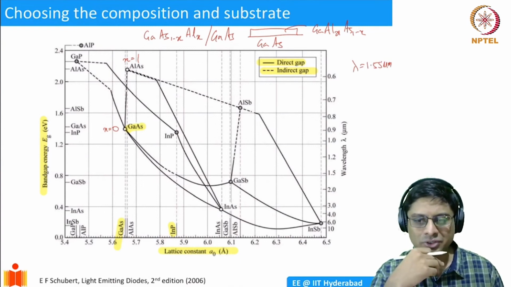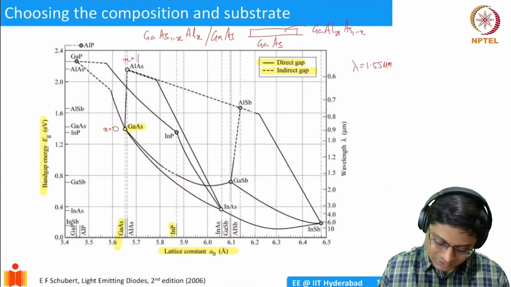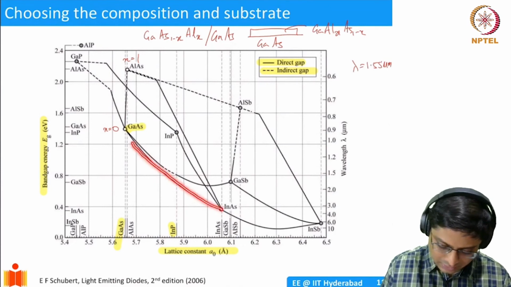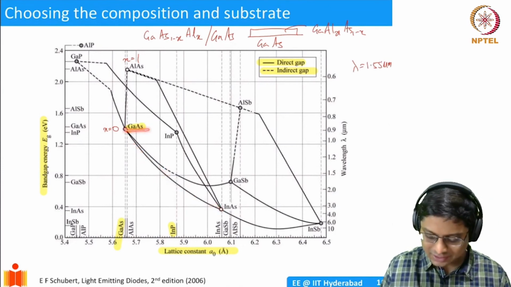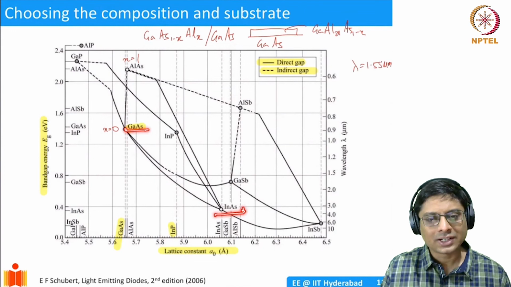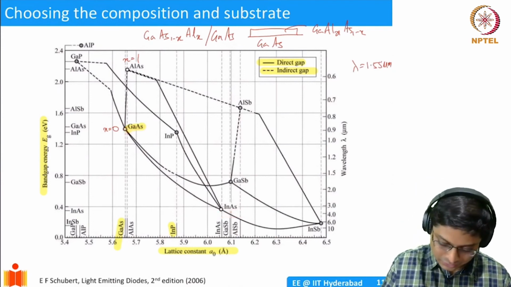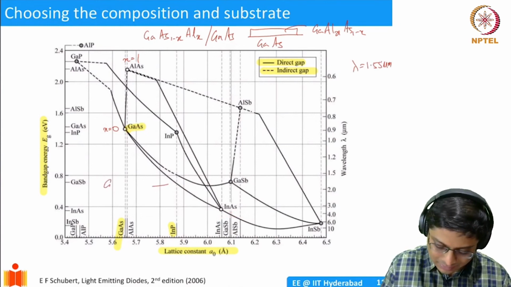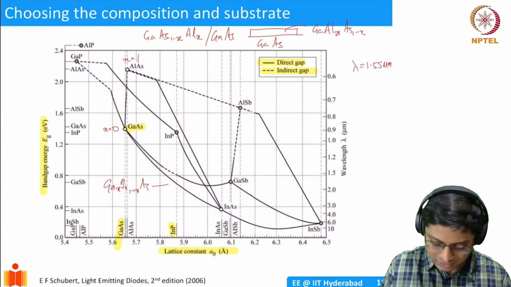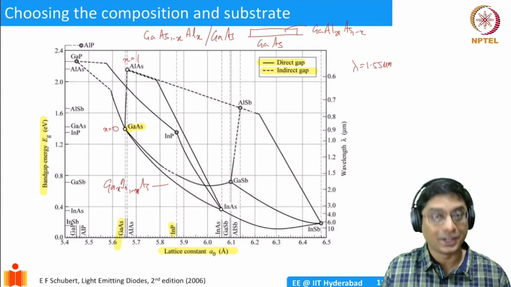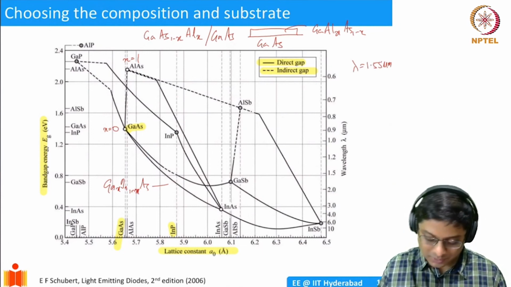So the obvious choice, the first choice seems to be, okay, let me use this combination. I'll use a combination of gallium arsenide and indium arsenide. I'll start replacing some gallium atoms with indium. Can I get it? Well, you can change the band gap. It's beautiful. If you use this combination, this is basically gallium X, indium 1 minus X, arsenic, right? So you're having this sort of compound semiconductor, ternary semiconductor, and it's always direct band gap. It's beautiful, but the problem is